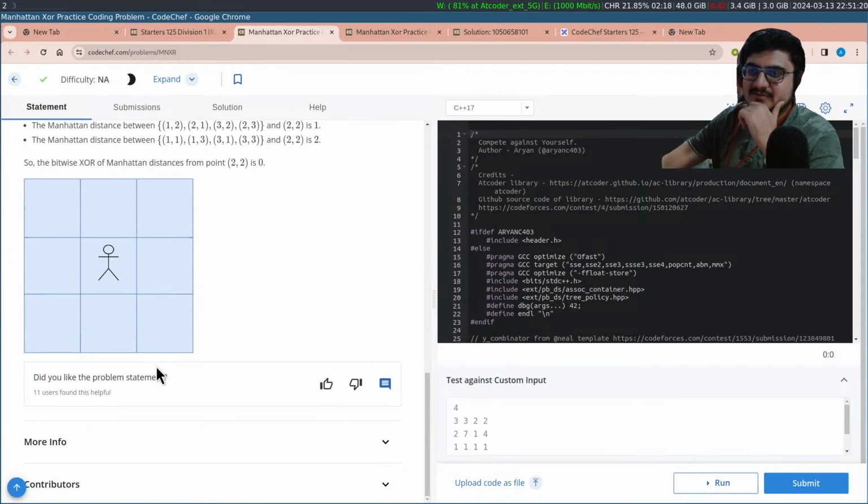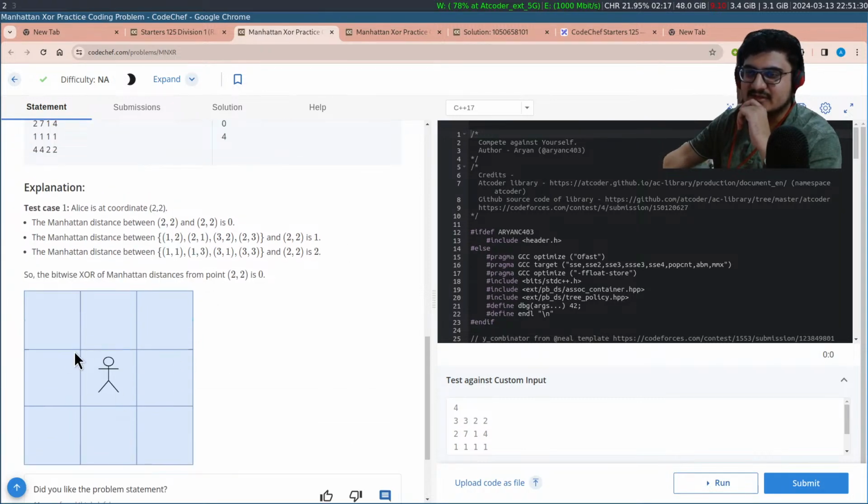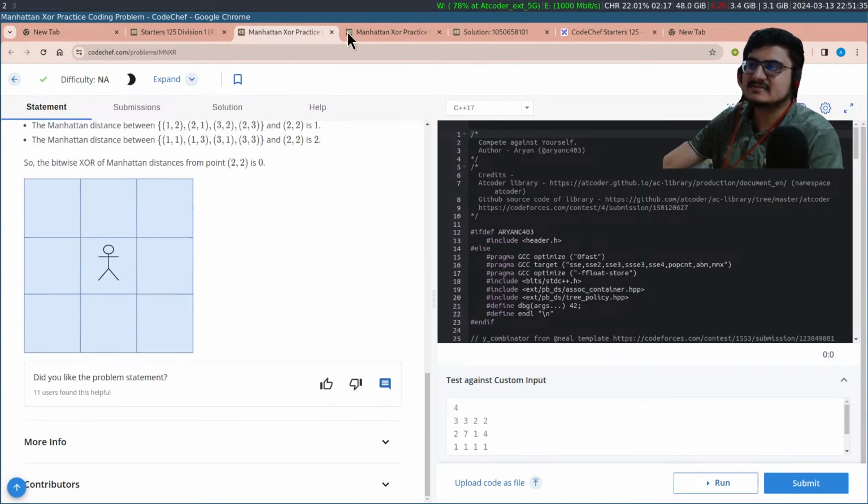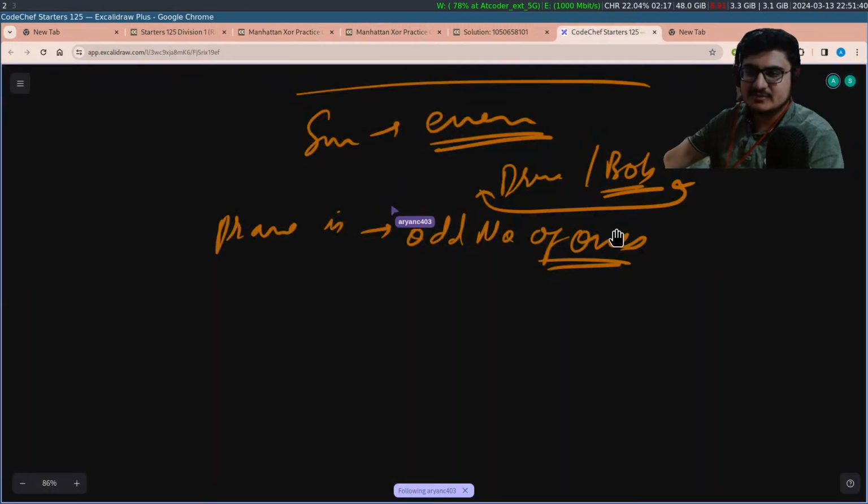For example, if this is the grid, then the distances are 0, 1, 1, 1, 1, 2, 2, 2, 2. So overall the XOR of all the numbers would be 0 over here, because there are 4 ones and 4 twos. Similarly, we can try to look at the other example. The way I did it was,